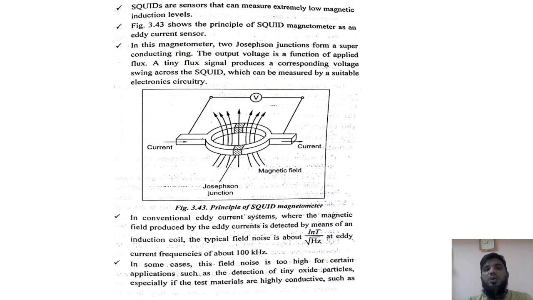So we allow the current to flow through this. The current is passing through the junctions. When it is brought near another testing specimen, which has a magnetic field around it, the test specimen will send some magnetic field. That magnetic field and this magnetic field will be in opposite directions. Because of that, the flow of current will have a small deviation. That deviation in the flow of current will be studied by these Josephson junctions.